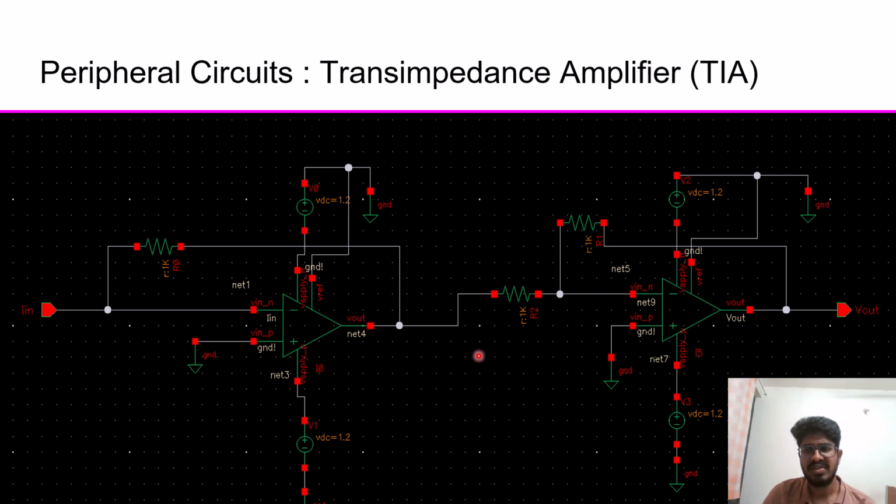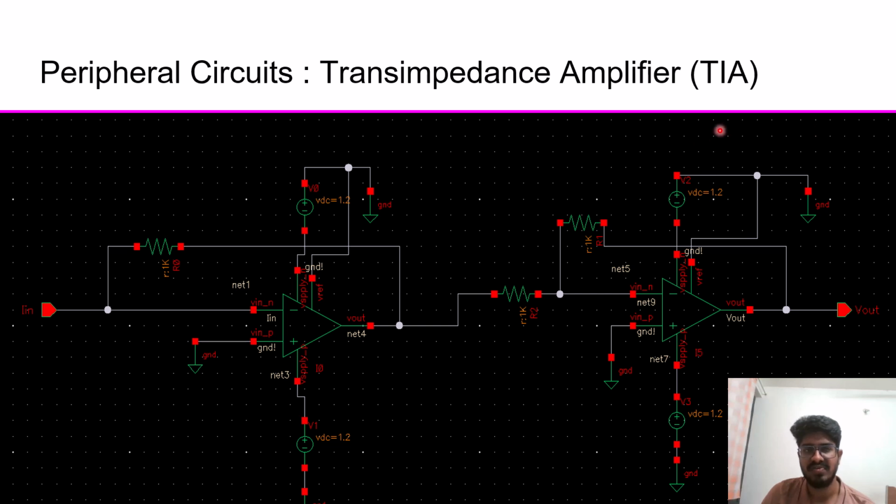So to get the non-inverted output, we have cascaded this inverting amplifier. At this point, we will get negative voltages. By cascading this inverting amplifier, we can get the non-inverting or positive values at the output. So this is the complete circuit for transimpedance plus the cascade of